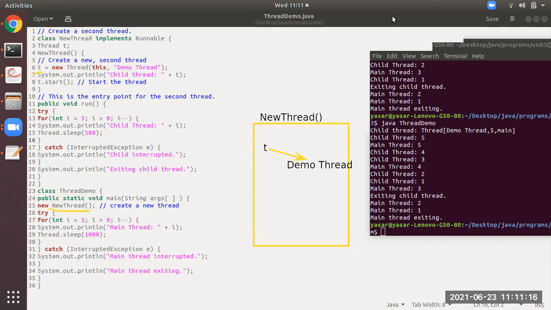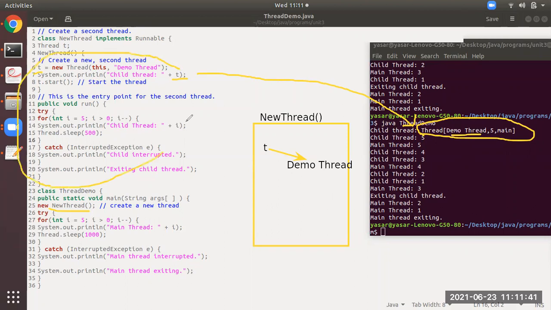Now, after this, what will happen? You can see at line number 7. What is at line number 7? It is displaying T. So you observe here the output: child thread colon then T. This is what T is. So what is the name? Demo thread. And students, see here, as I said, from where this part is getting, which has started this part,